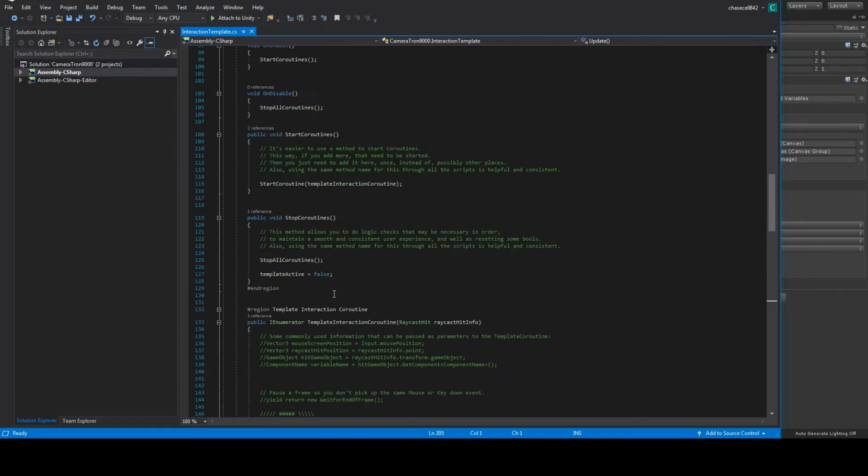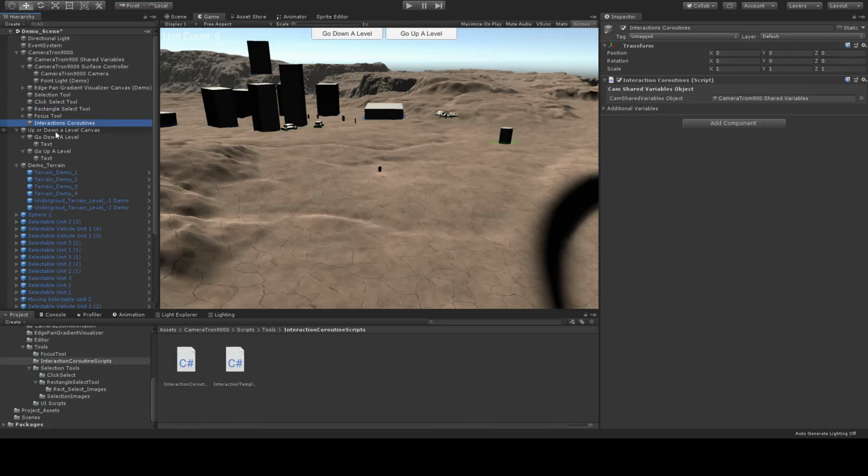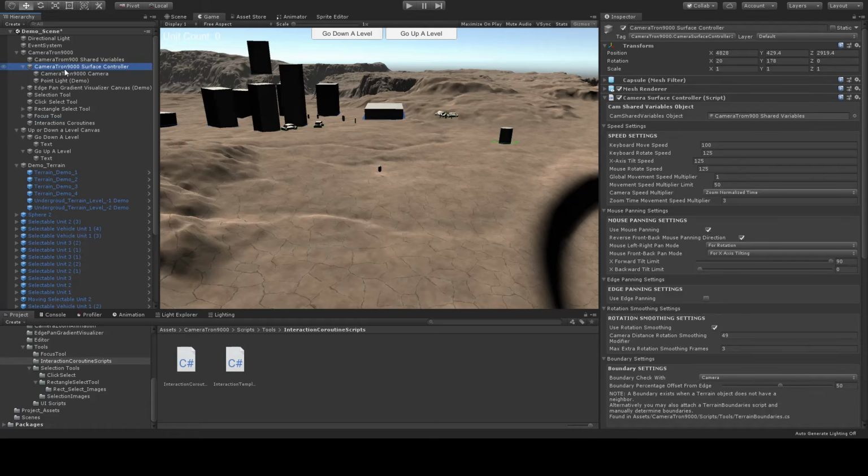If it's disabled, disable this for user input and whatnot. So it's really nifty. I used it a lot in this asset, and it saved a lot of time and a lot of headaches and a lot of typing, and it's there for you to use for other things if you want. Another thing to cover is